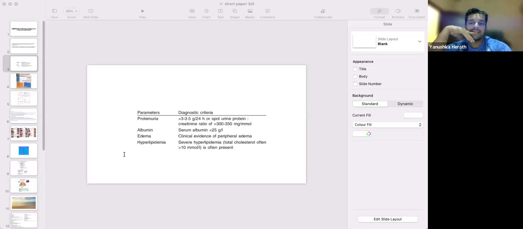Anybody? Peritonitis they can get. And also at the same time, they are more prone to get thrombosis, because all these antithrombin factors and all that they are being passed in urine. So as a result, their thrombotic state gets high. And an important thing is renal vein thrombosis, which they can present with acute abdomen.